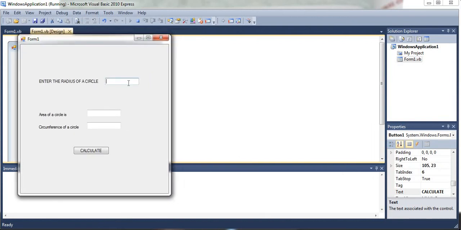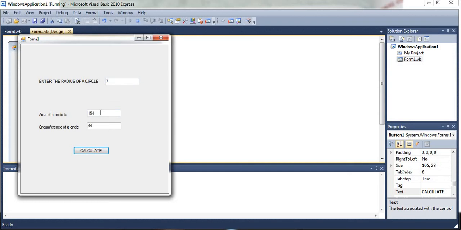Let's have one value here as a radius. Suppose I give 7 as the radius. Now I will click on this calculate button. See, the area of the circle is 154, circumference of the circle is 44. The radius is 7, right? The area of a circle is pi r square.